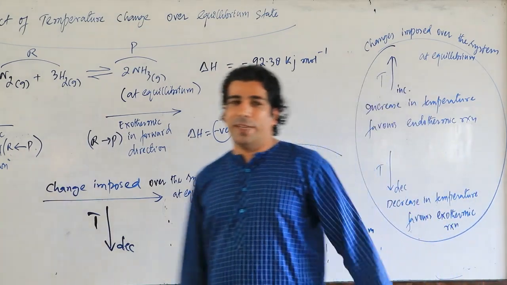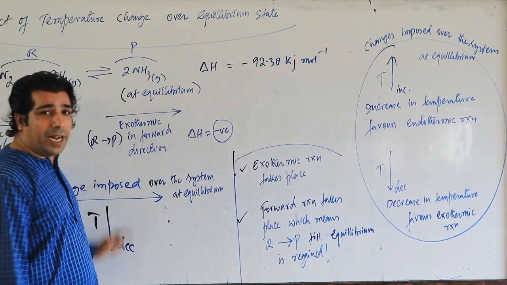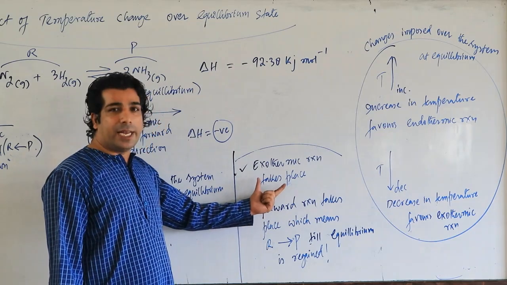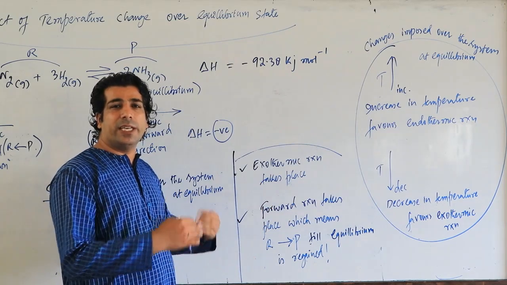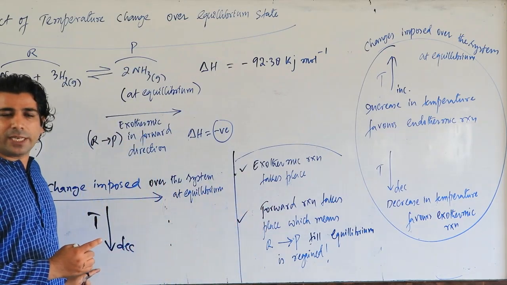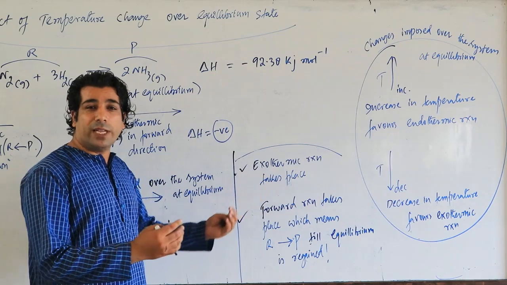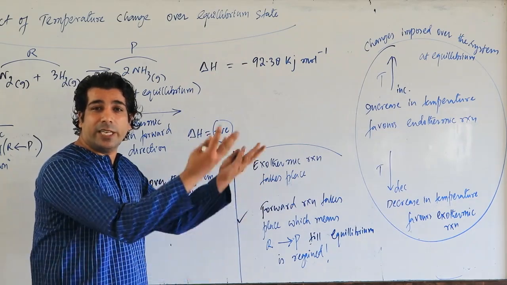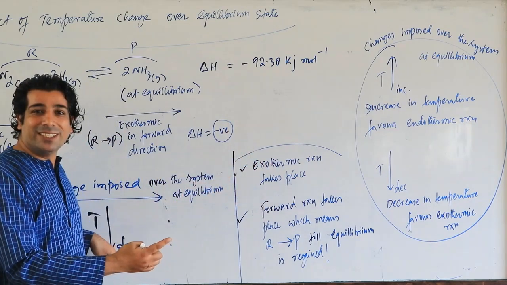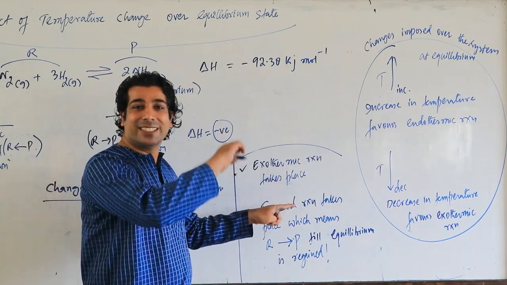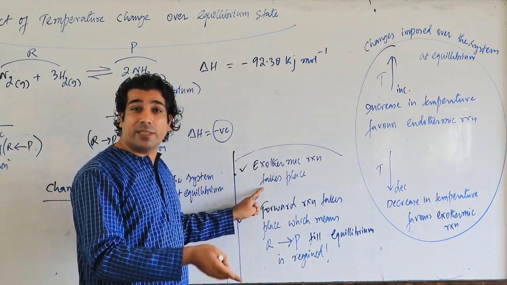So now what will happen, my dear friends, when temperature is decreased from outside? You are imposing the change, you are decreasing the temperature, and decrease in temperature will favor which reaction? Exothermic. So what is exothermic reaction, my dear friends? In exothermic reaction, heat will be released. You are decreasing the temperature, correct? So exothermic reaction takes place. What will happen? Heat energy will be released. So when energy is released, temperature will once again increase. You are decreasing the temperature, but exothermic reaction will increase the temperature. This is the change imposed by you from outside, and this is the change created by the system at equilibrium,